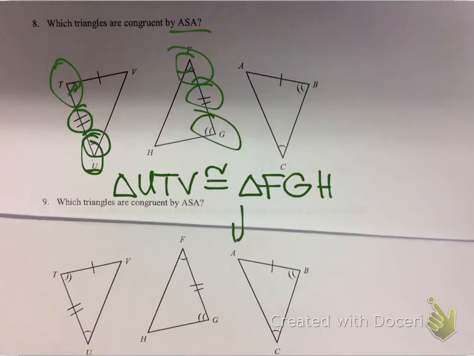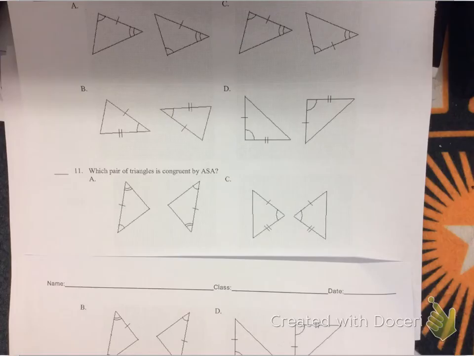This is the same question. So there's your answer for number 9. Okay, so for 10 and 11, they want you to know which triangles are congruent by ASA. Notice that some of the questions have you go other places or onto another page, so I'm trying to show them both together. So again, angle, side, angle,